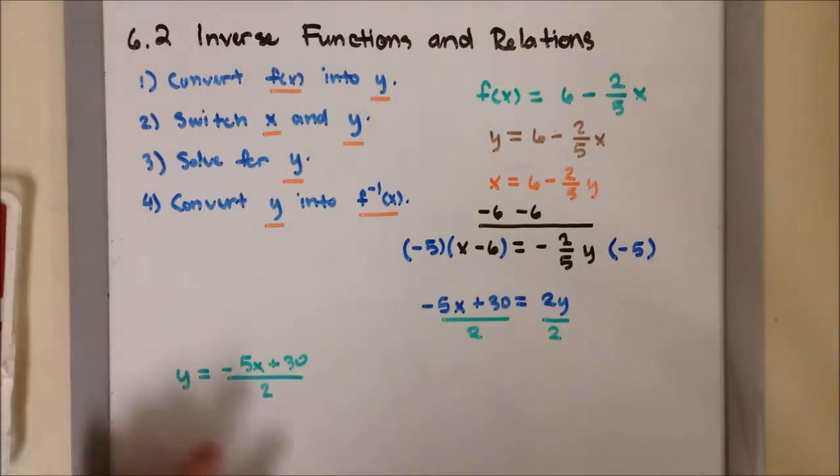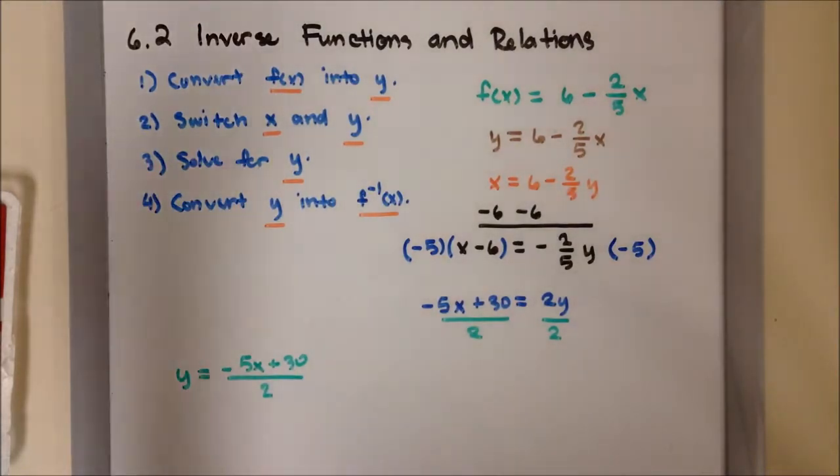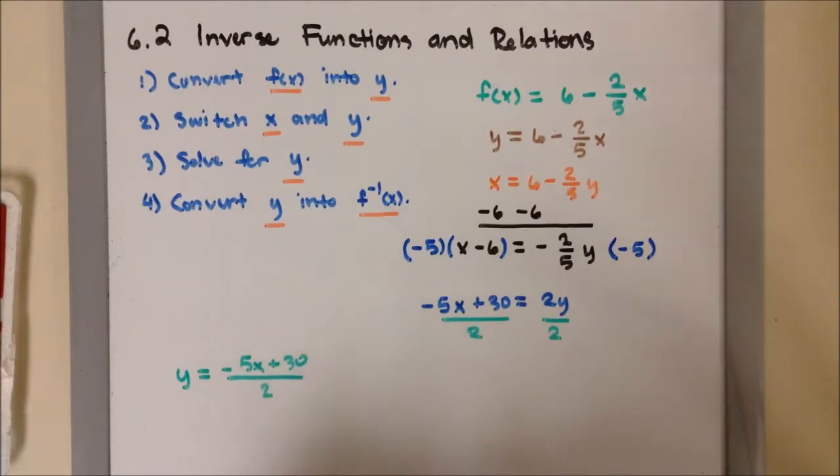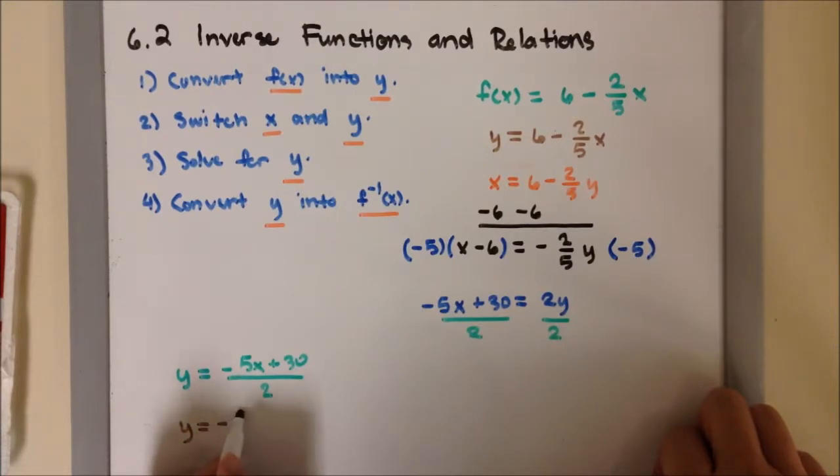Now, I have to check, is there anything in common between negative 5x and 2? Which there is, and there is not. But is there something in common between 30 and 2? Yes, there is, because both of them are even numbers, divisible by 2. So I'm going to write it as two fractions instead of one. So here, I'm going to write y equals negative 5/2 x